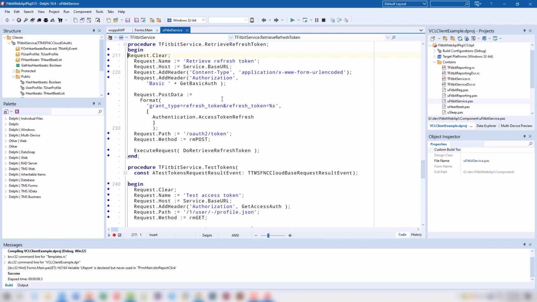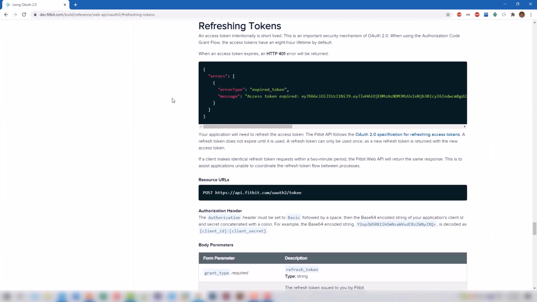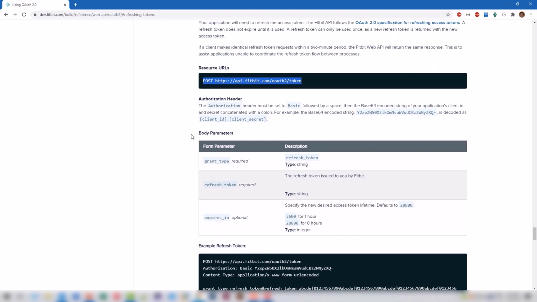To retrieve a refresh token, we use the same endpoint as for the access token, and that is what I stumbled over at first. Looking at the documentation, I found a chapter called Refreshing Tokens, and this documentation clearly states you go to the very same endpoint that you retrieve the access token from, but, and this is the big difference, you don't have an access token which is valid right now, because you found out that your access token is no longer valid and you need to refresh it.